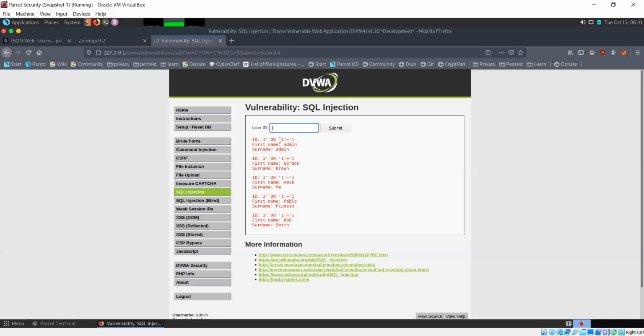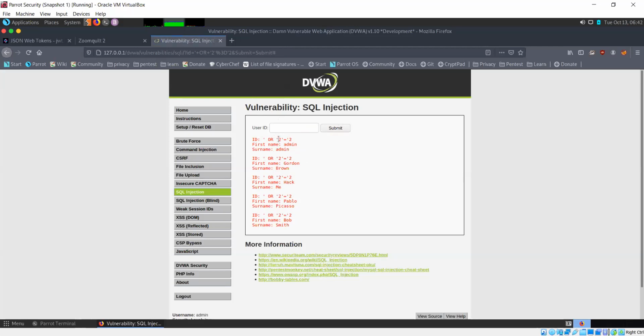And even in case of ID, I don't need to use 1. That's just an example. I can use any ID I want, I can even try it without specifying any ID and let it be blank. Let's see whether that works. Or 2 is equal to 2. So this is working as well. I haven't specified anything for ID, but since 2 is equal to 2 will always be true, SQL injection works in this case as well.